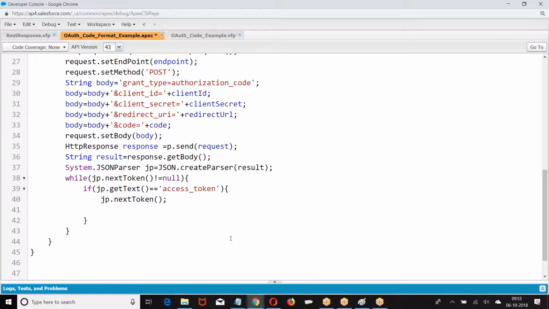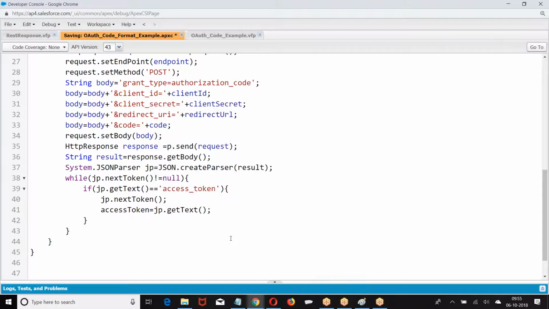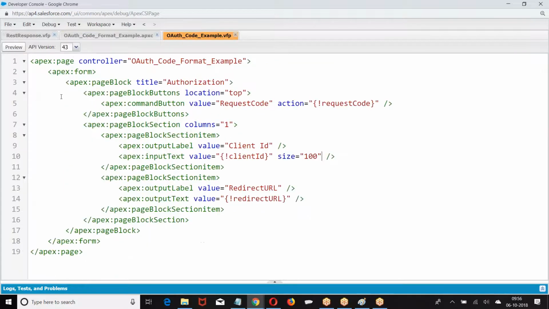Then read the value. So what I have done here, boss, I made authorization code, client ID, client secret, redirect URL, and passed the code. In the first step, we received the code. In the second step, we are passing the code. If we pass the code, we are going to get a JSON. Now let us create the page here.